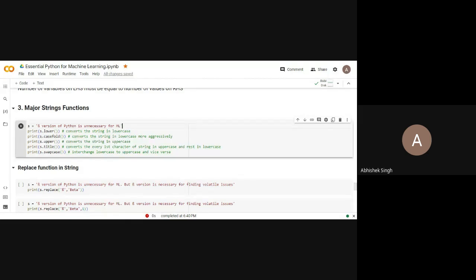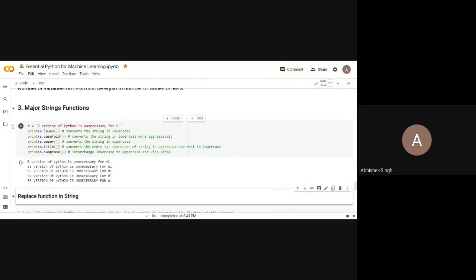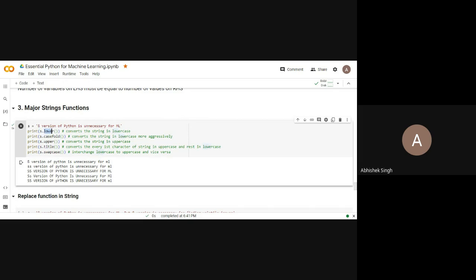So basically lower converts the string to lowercase. Casefold also converts the string to lowercase, but more aggressively. What does this mean? Let's run and see. So for beta, lower keeps it in lowercase, but casefold and others have changed this beta symbol to some other characters, that is SS, double S. Lower means it will convert the string to lowercase, everything has been converted. In casefold, everything has been converted to lowercase, and more aggressively means this beta sign has been converted into some characters.